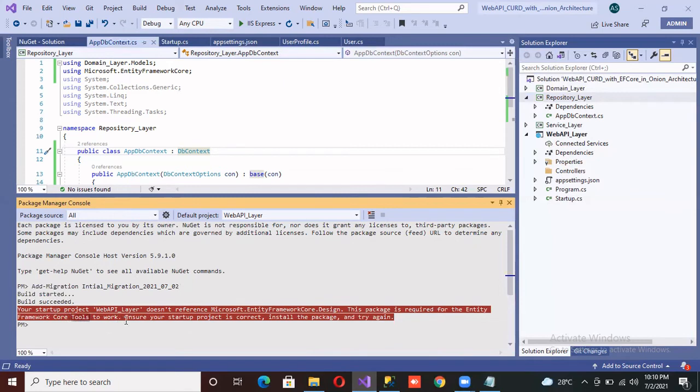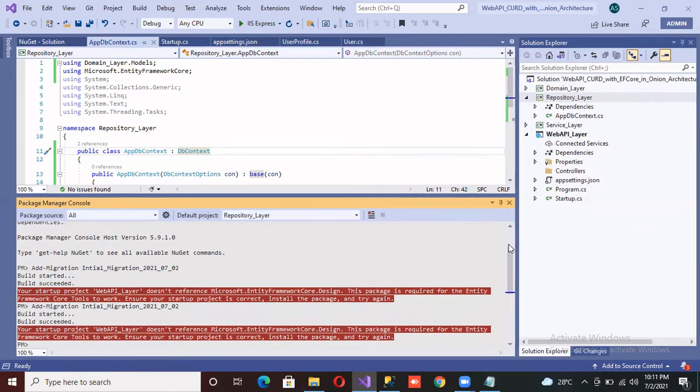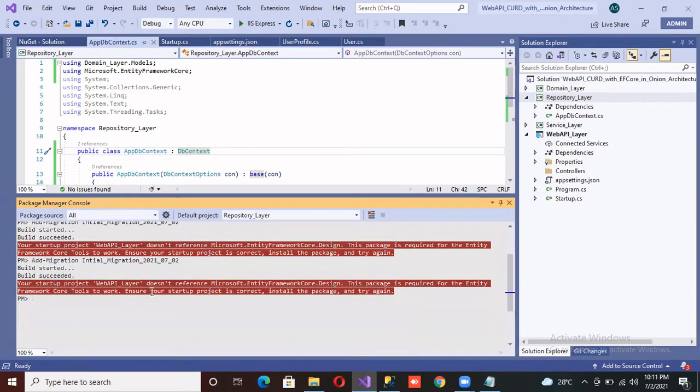Ensure your startup project is correct, or install the package and try again. Now let me retry with the repository layer, because we created all the connections inside of it. Okay. Now it's running.